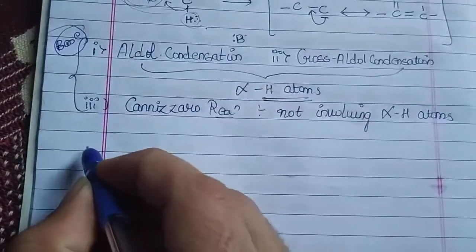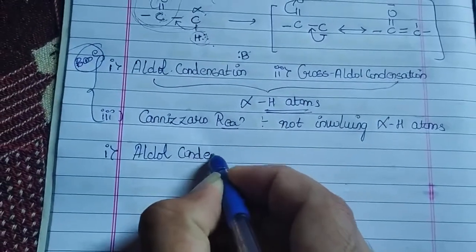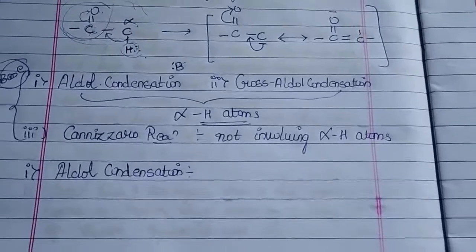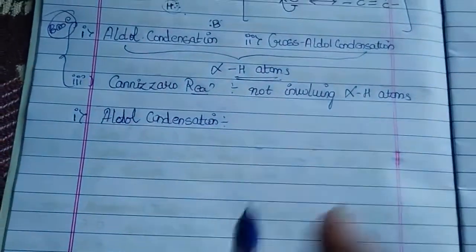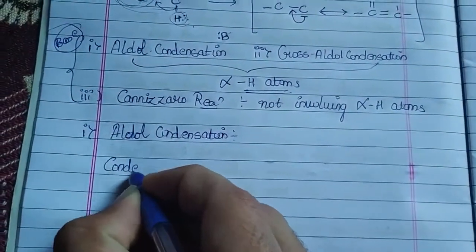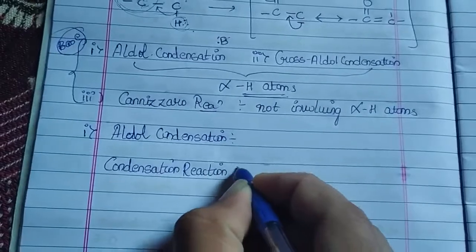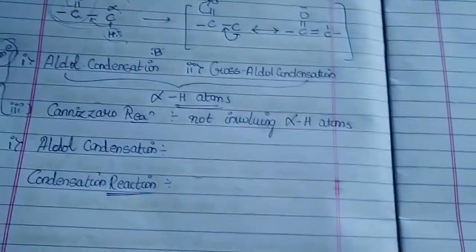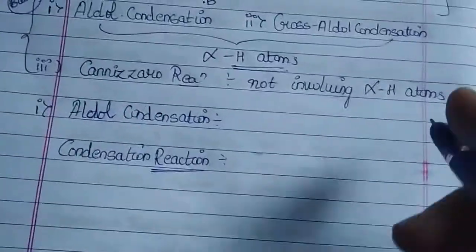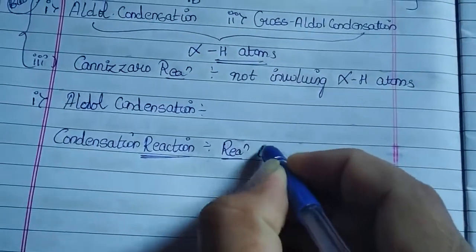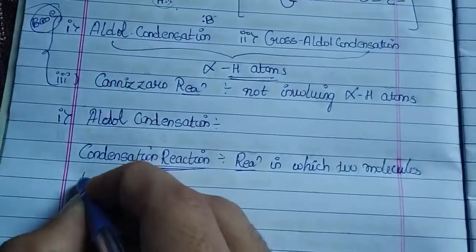So first of all, let us now deal with the first important reaction, which is called aldol condensation. First, to understand the overall concept of aldol condensation, let us understand what we mean by a condensation reaction in chemistry. Remember, I'm not just talking about condensation as a process. Now we are going to talk about a reaction called condensation. So remember, a condensation reaction means it's a reaction in which two molecules will combine